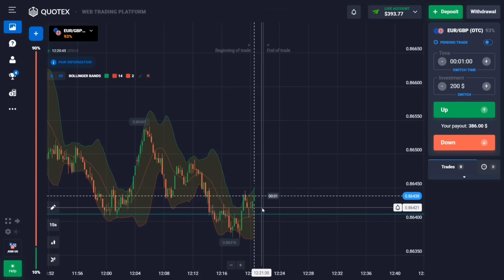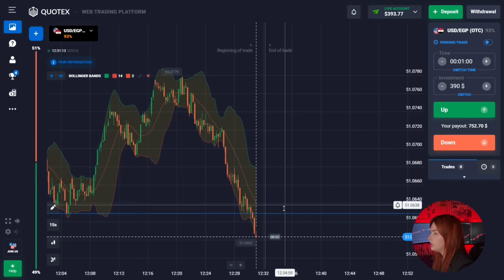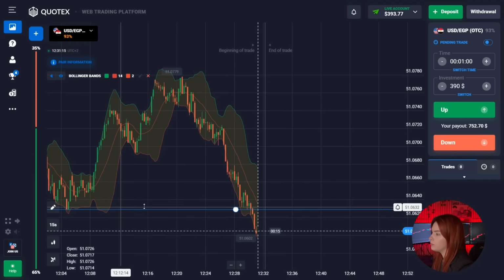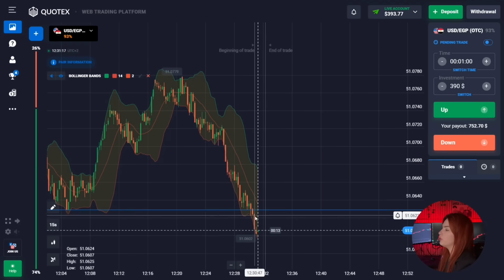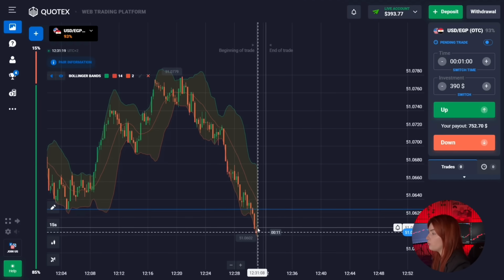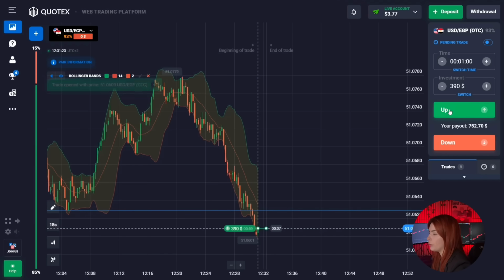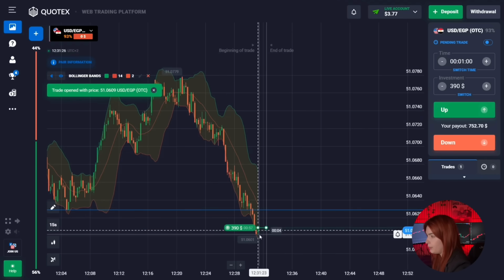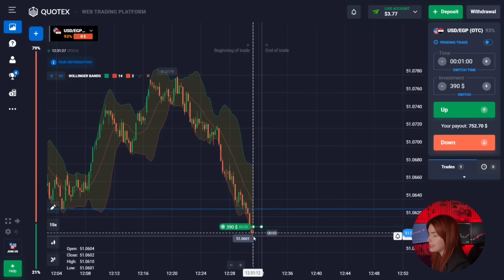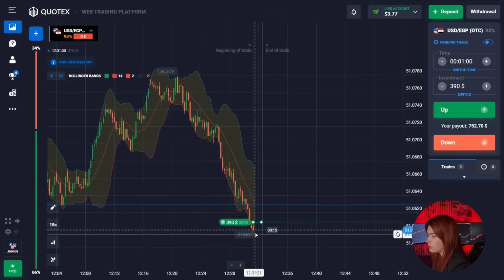Let's continue. So we have a support level down here. We also see that at the moment the price has gone beyond the level. It has also gone beyond the lower limit of the indicator. In this situation, I suggest opening a deal for 1 minute to go up, since it is also more likely